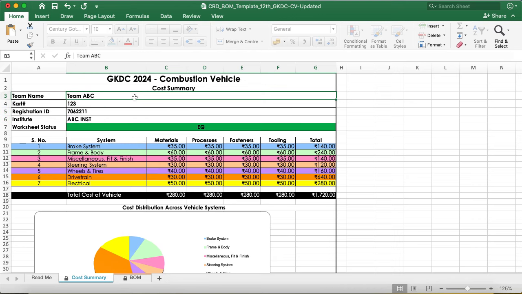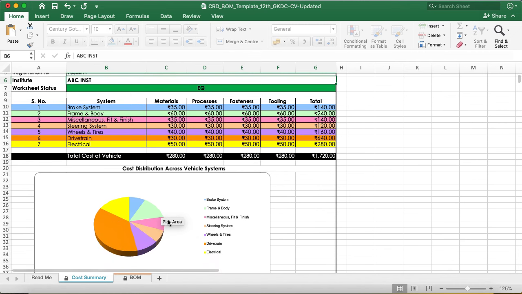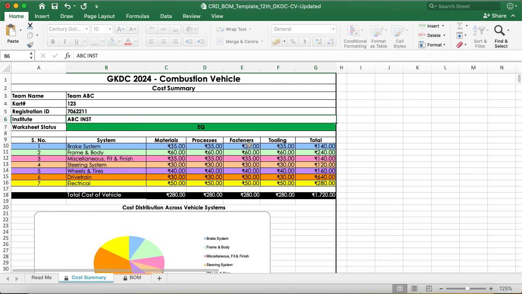So you have to enter your team name, then your card number, your registration ID and your institute name. And as you fill the next worksheet, which is BOM, these details will be auto populated, and so will be the pie chart. So you don't need to do anything. This is protected by security, so do not try to override the security, as it might distort the format, and distorting format is not allowed. Anyway, if you play around with the security, then you might also not be evaluated for